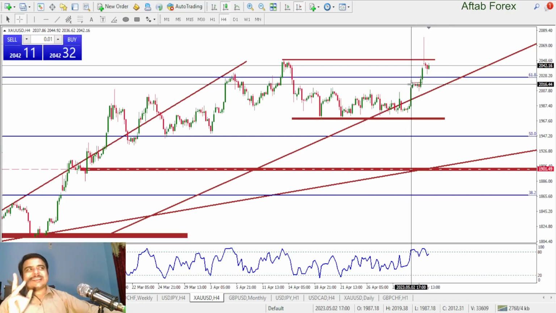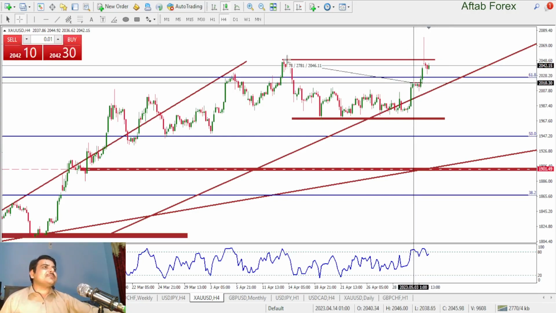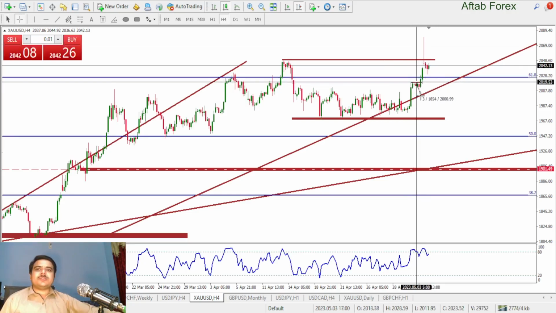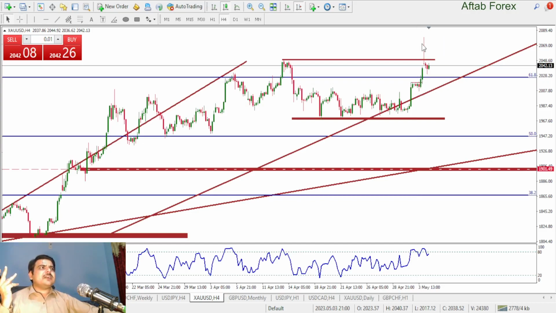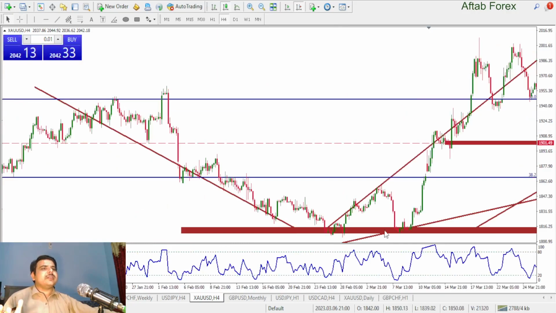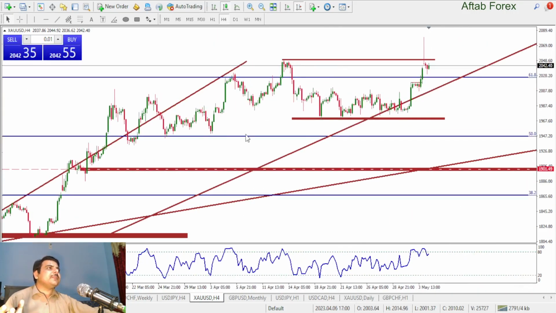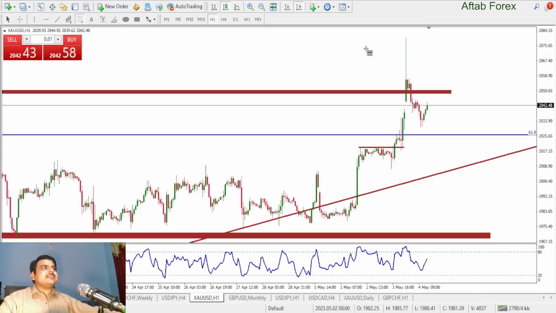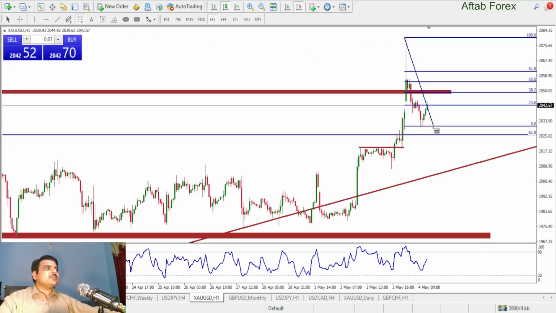And yes, one thing I remember. Yesterday, I was stopped out at this candle. I took a sell from right here, but it was stopped out. So around 550 pips from that trade is gone. But if you watch the video, I have shown you how much I created from this whole wave right here. So what I'm looking for now is I just need a retracement to the 61.8% retracement